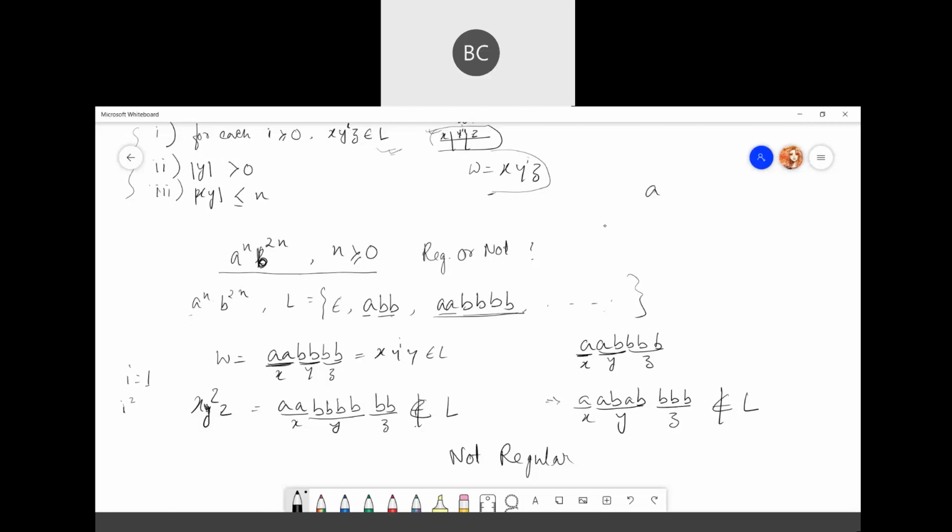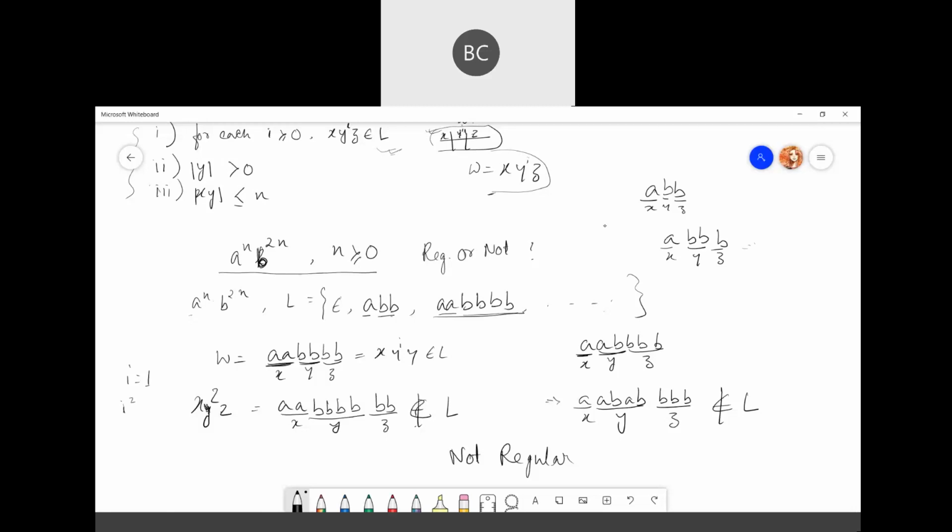Even from, suppose, A, B, B, you can take this one as X, this one as Y, this one as Z. Why did I take a bit longer? Because it's easier to divide. Whatever substring you take, just remember you have to divide it into 3 parts. If you pump this part, it will be A, B, B, Y now, and B. Is it part of the language? No. 1 A, 3 B. This is not part of the language.